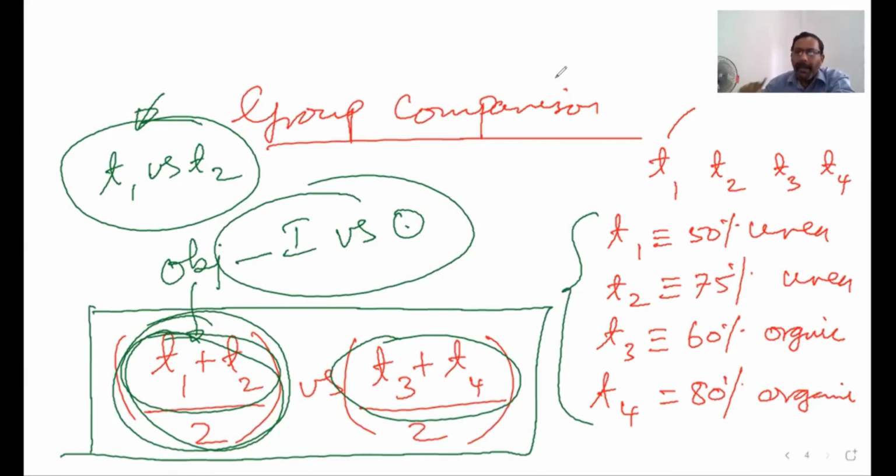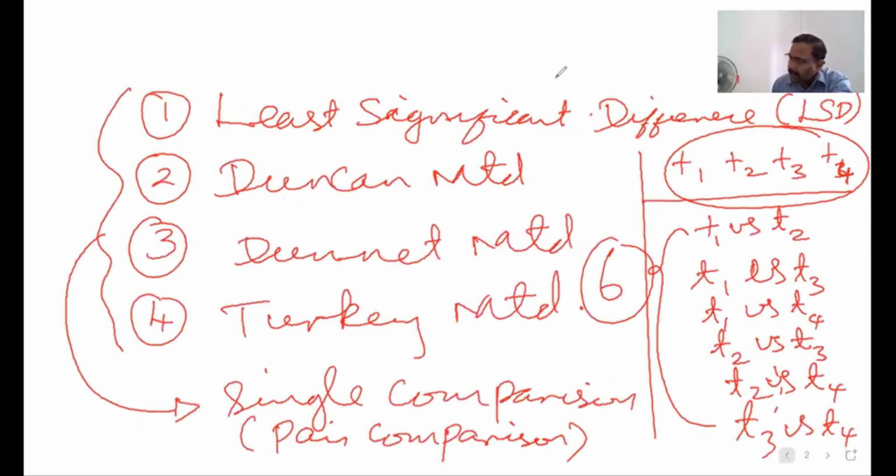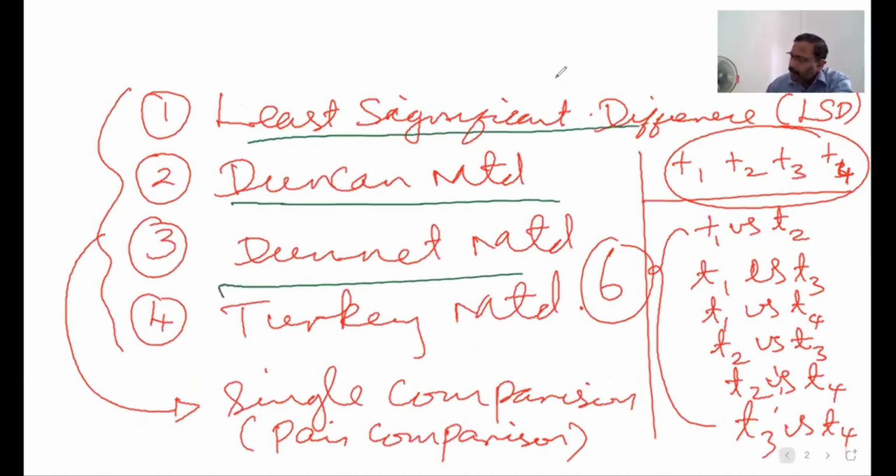Okay, I don't want to talk about theory much. So now I am going to look at the application. There are occasions where we use these different tests. For example, these two tests, 1 and 4, that means LSD and the Tukey test, are more or less the same. So that is the first information. Second information,